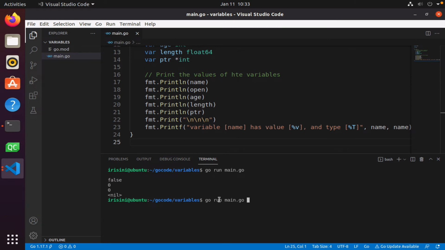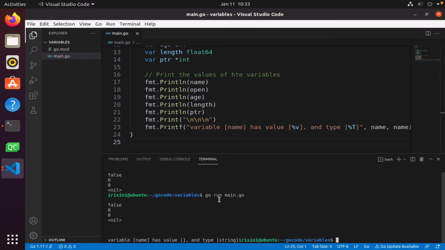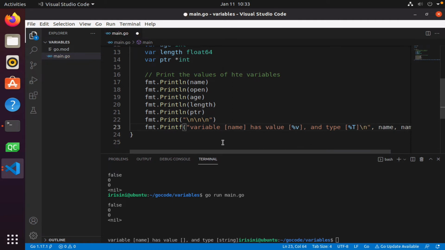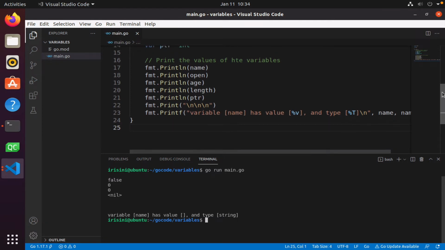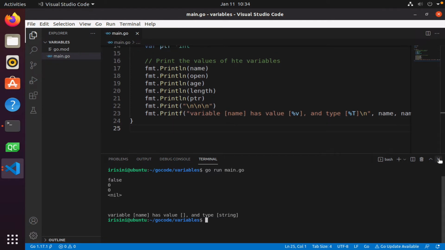Let's run it, and notice, okay, it gives me everything on the same line, and that's because I forgot to put a newline. Okay, all right, let's try again. Clear my screen, Control L, and run the program. All right, so notice it says variable name has value nothing, right, empty string, and type string. Okay, all right,